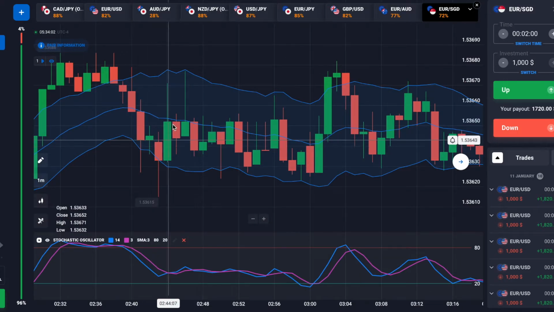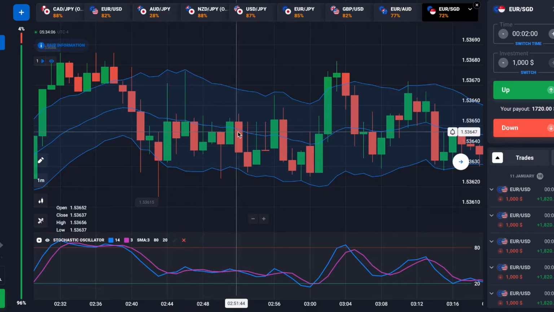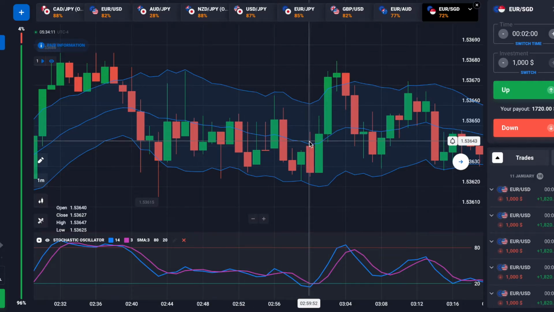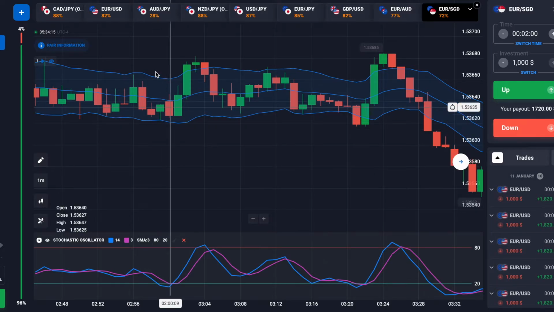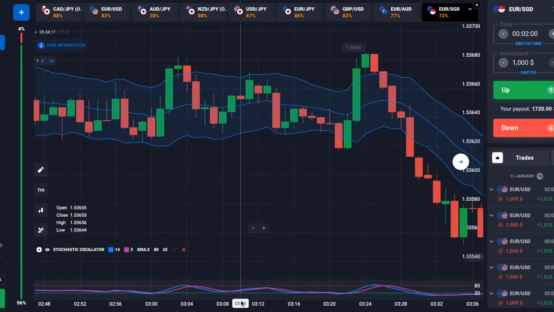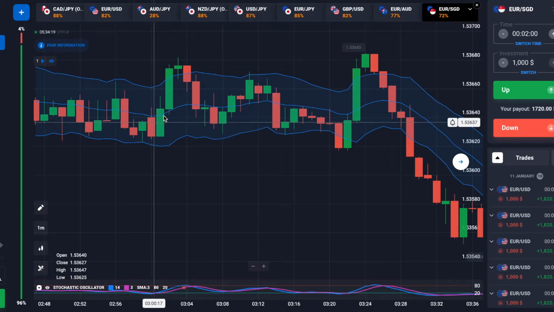See something that looks like this? See, it's choppy as hell. Look at this. Avoid a market like that. And then you can see it starts to break out of that type of market. And you can see right here, it's a nice smooth market. As you guys can see,